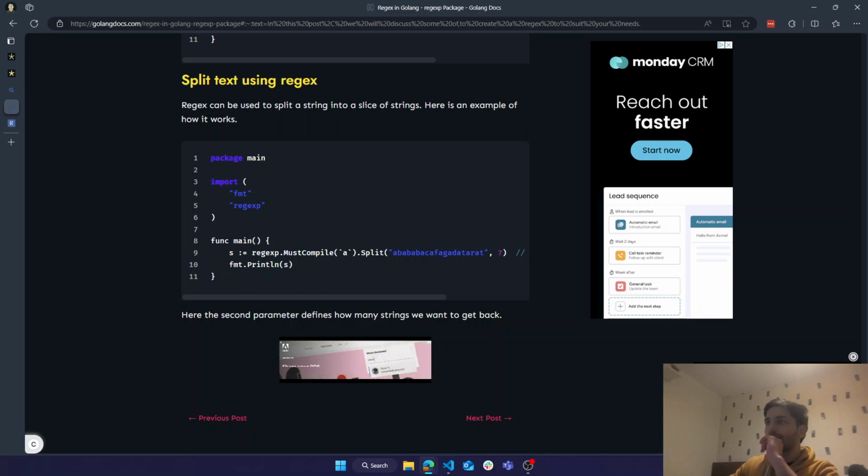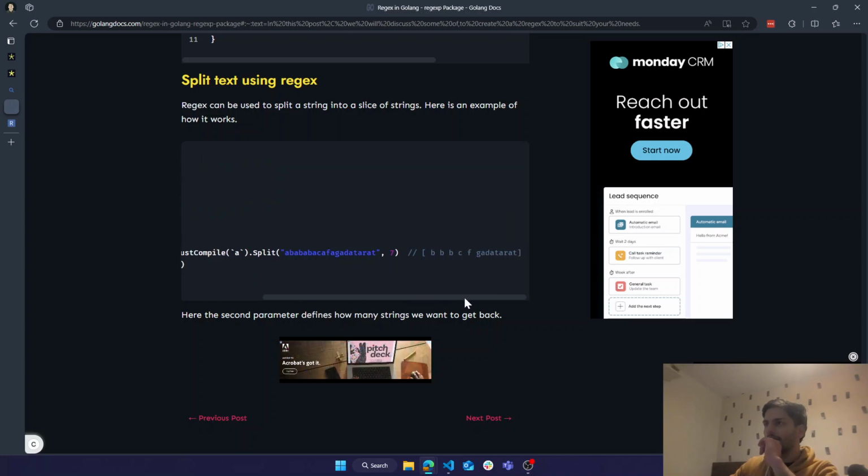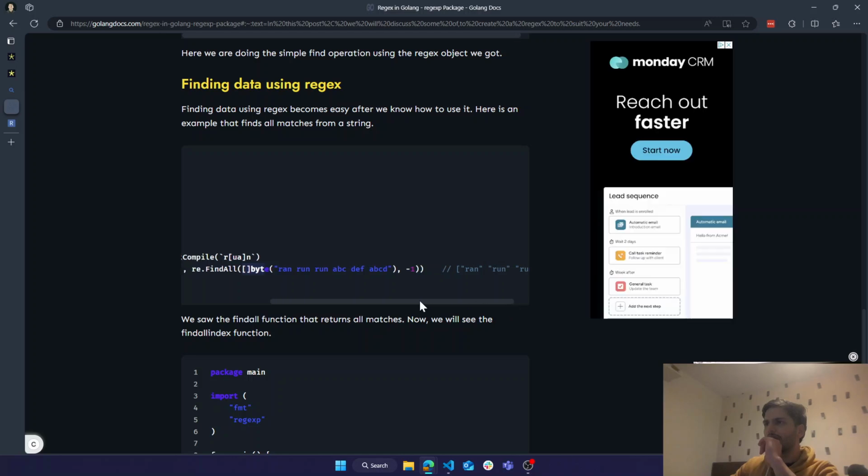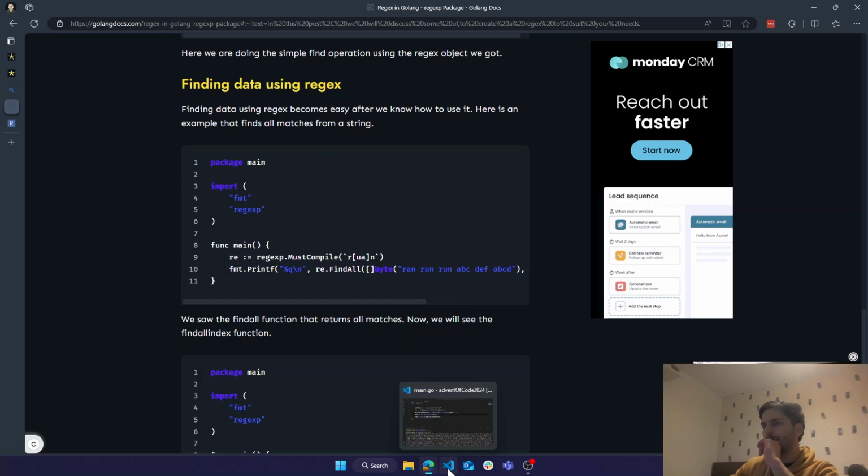It is what we use to split the string into slices of strings. This is an example of its most power. It got everything that doesn't have it. That's not what we want. So byte. Okay, anyway, that's what we get.